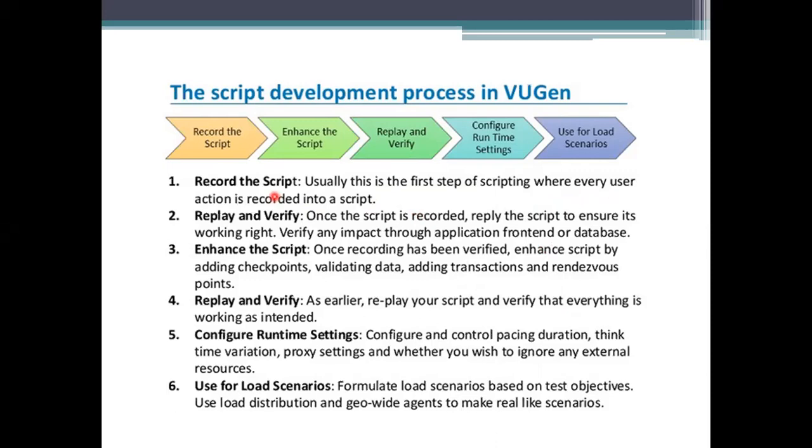You need to click on record the script here, and we need to see whether these things are recorded or not. Once it has been recorded, we take what work has been done, and if any changes have been made, we can read that. At the point where the downtime occurred, where the server went down, we need to improve at that point, not the whole script. And next, if any downtime is found, we need to enhance the script.